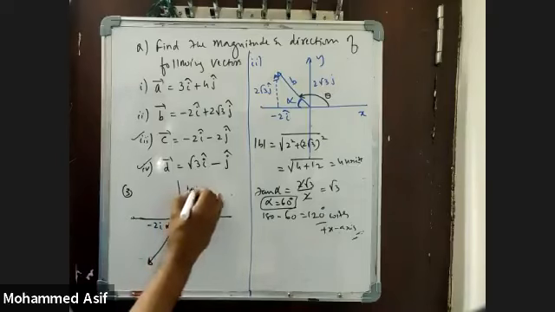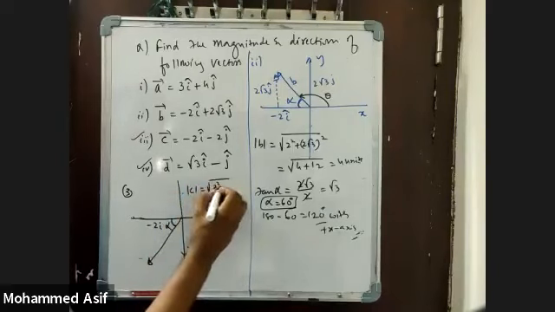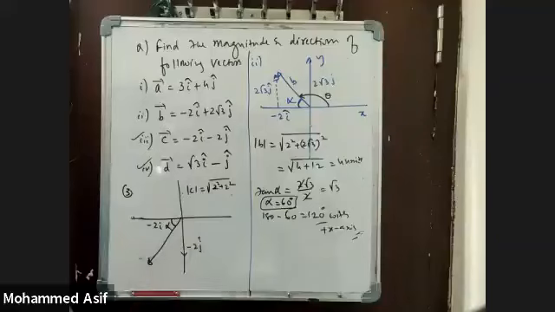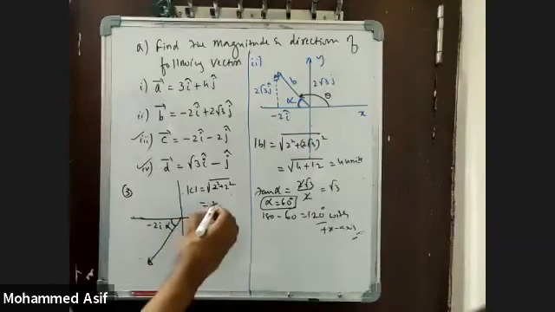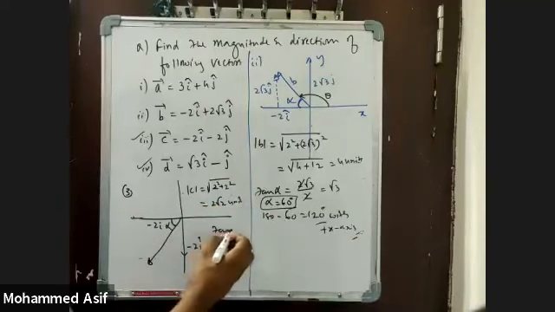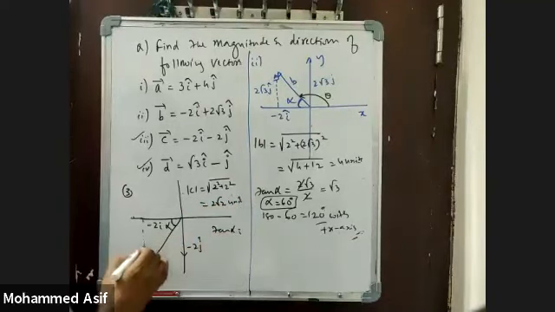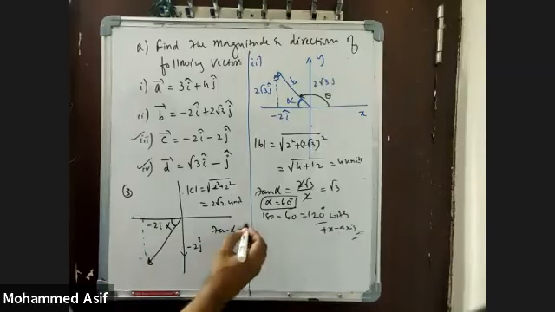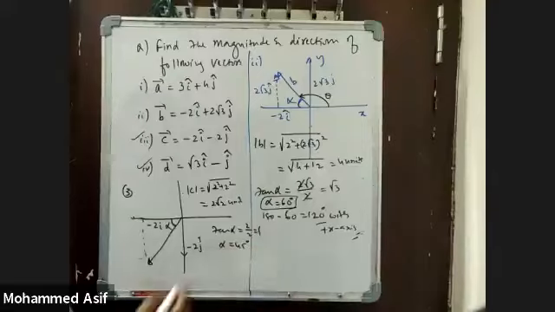Magnitude of C is equal to under root of 2 square plus 2 square. So the answer for that one comes out to how much for me? 2 root 2, 2 root 2 units. Alpha value is how much? Tan alpha is equal to, if I resolve this right now, 2 by 2. That is nothing but 1. So alpha is equal to how much for me? 45 degrees. With the positive x-axis, we need the angle.